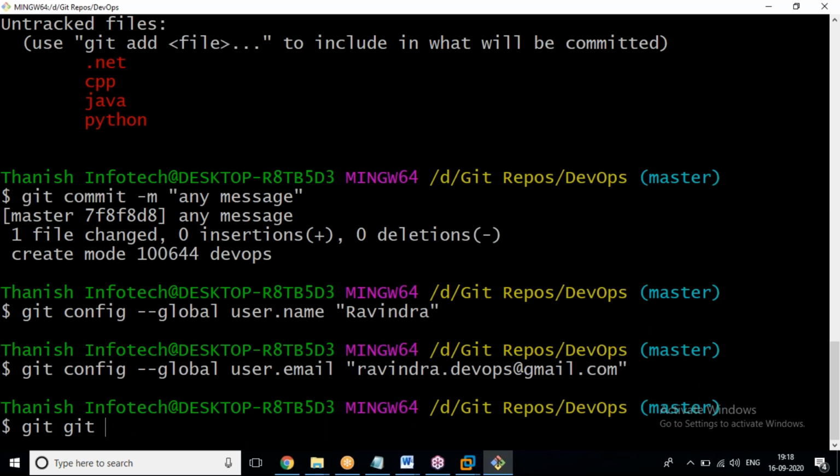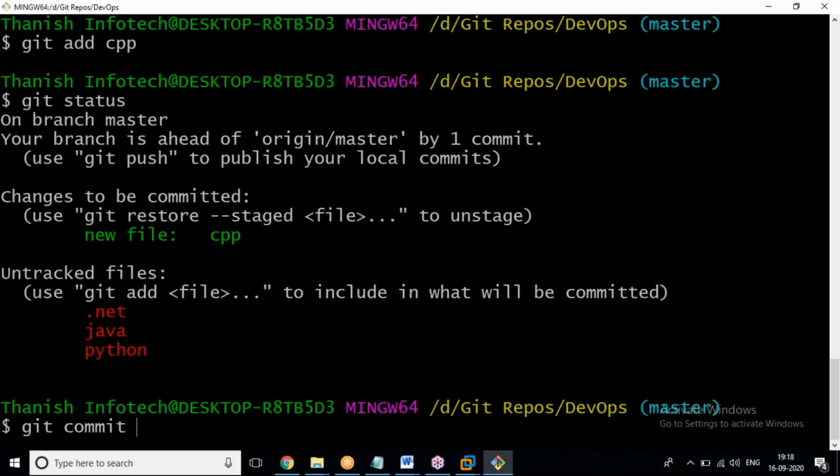Yes, see guys, those who are going to commit, try git status. Now git commit -m. Already I have installed it, so by default it is accepting. If you are installing for the first time, only after applying the git config username and mail ID can you commit. If you are not applying that git config, it will ask you or tell you, please tell me who you are.